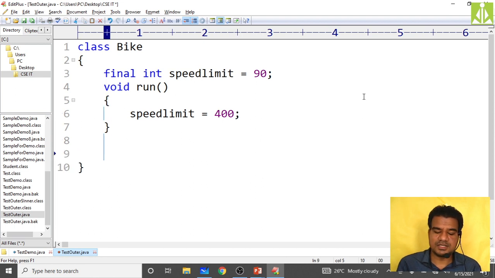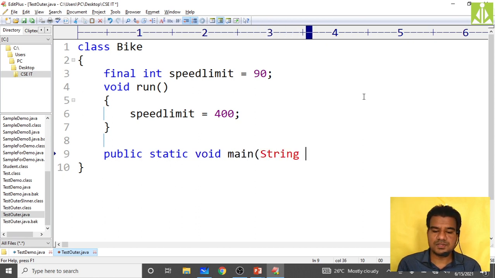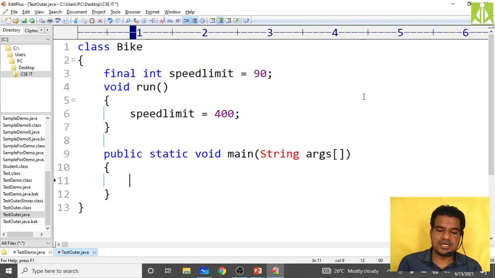So now my PSVM, public static void main of String args. Okay, so inside this I need to create the object because it is non-static content.